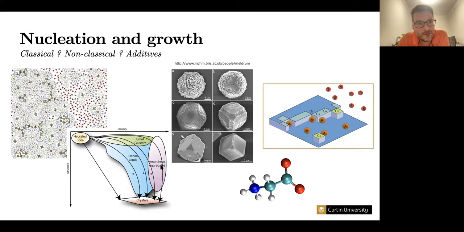And there are many theories that have been proposed, from classical to non-classical, and the role of the additives has also been widely studied. So I don't really want to get into this big hot debate about whether it is classical and non-classical nucleation. So we'll just focus on the two extreme sides. What happens in solution and what happens once we have a crystal that is growing in the presence of maybe